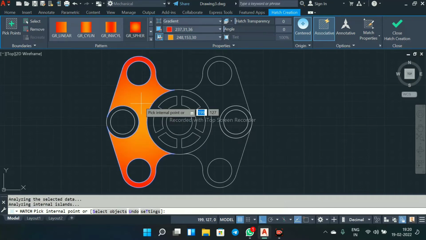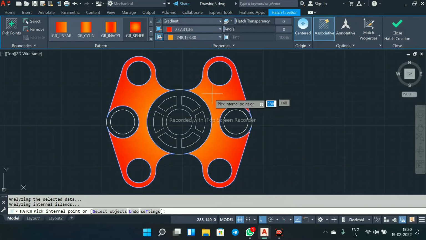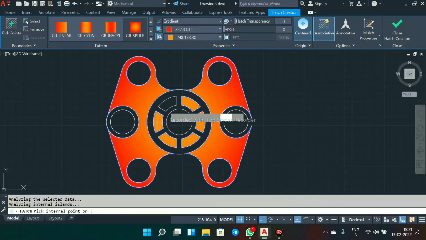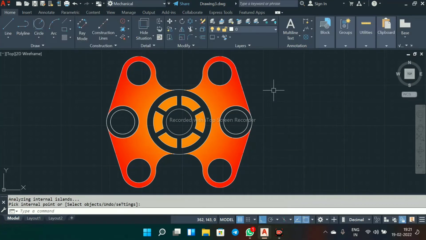Select this closed boundary and this one, and select one by one the closed boundaries for these colors. Right click, enter.